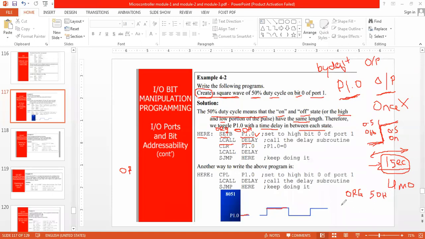Now DELAY is the label. It should be in capital letters.